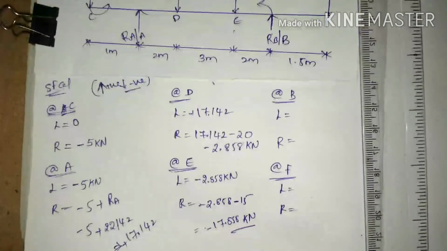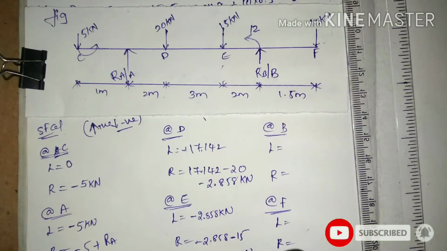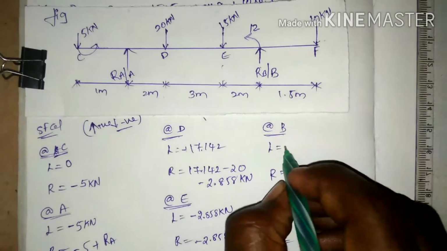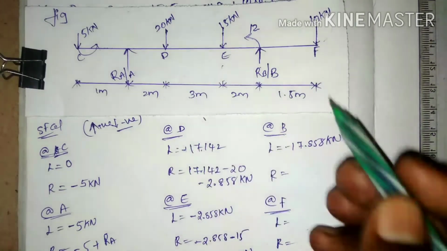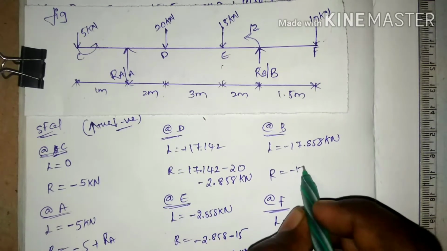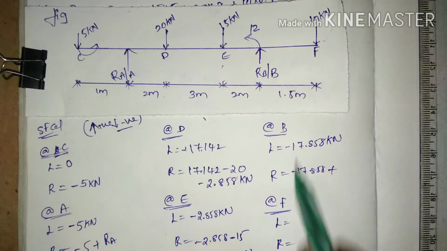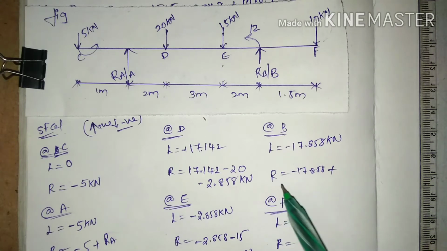These minus 17.858 kilonewtons is going to continue up to the B left. If you take the B left from the C, we are going to get the same value of minus 17.858 kilonewtons. And if I stand just right of the B, we are having minus 17.858 up to the left, the same minus 17.858, and moving on to the right of the B, we are getting the